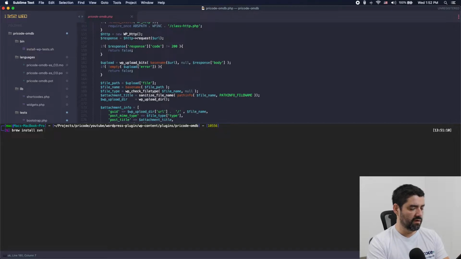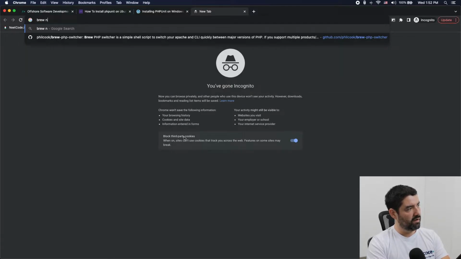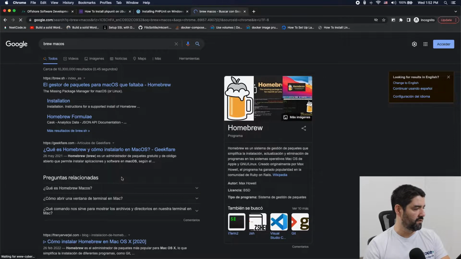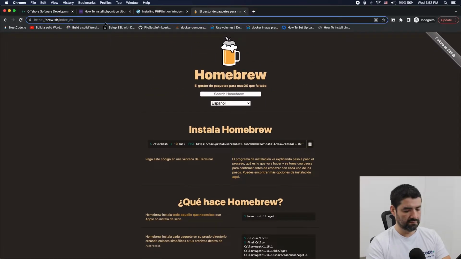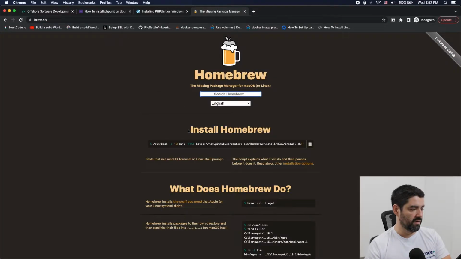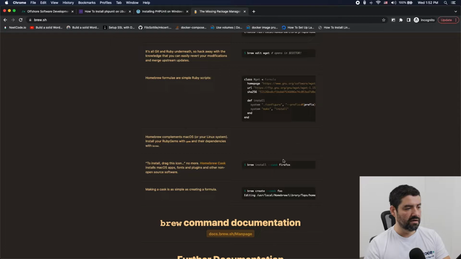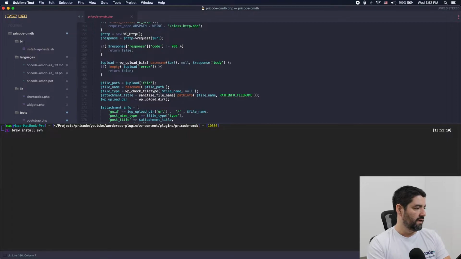If you don't know what brew is, just take a look. Brew macOS, this is the official website for it. I don't know why this is always showing me things in Spanish. Well, whatever. This is a package manager similar to apt-get on Linux. So if you don't have it, install it. It's pretty useful. So after you have installed SVN and PHPUnit, the first thing that you need to do,